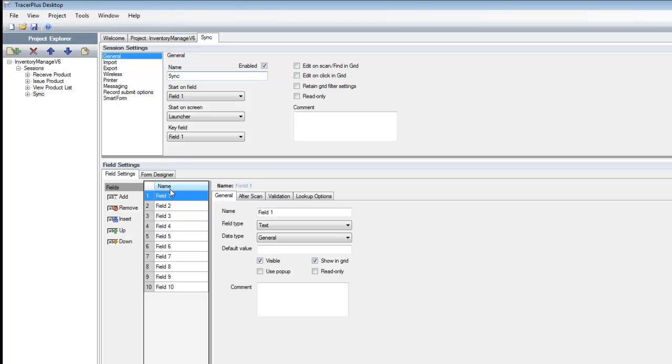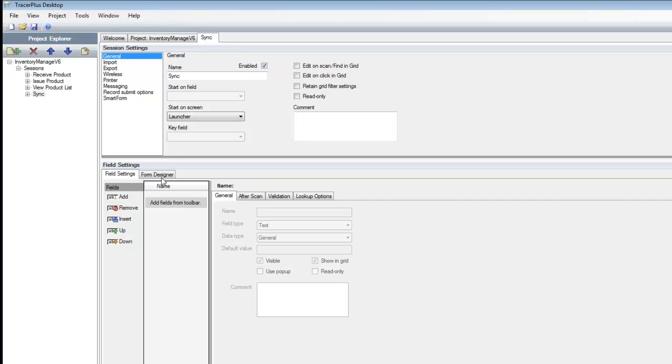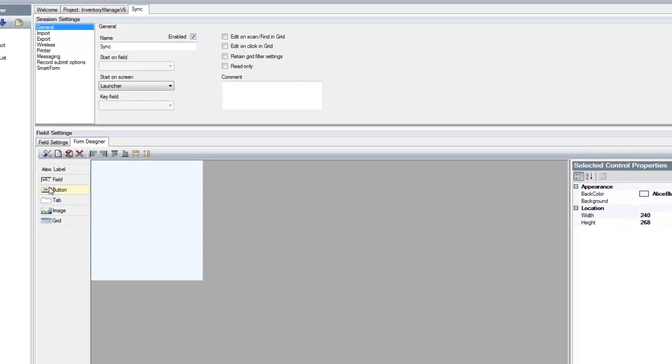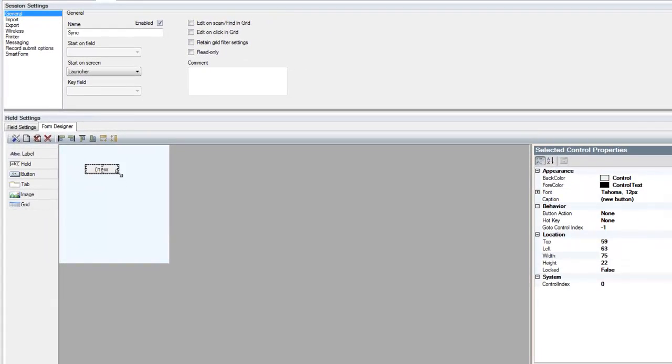So that's all this is really going to be used for. It's not for data collection. It's not for viewing data. It's really just going to be a form on the device that allows someone out in the field to go ahead and synchronize with TracerPlus Connect. So what I'm going to do here is actually jump over to the form designer and just add a couple buttons on this form that will allow the user to sync. So here we'll add a button called